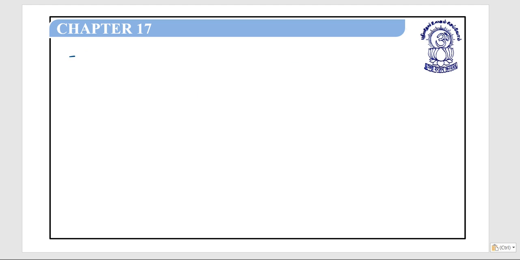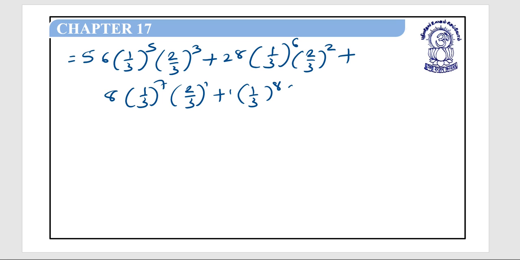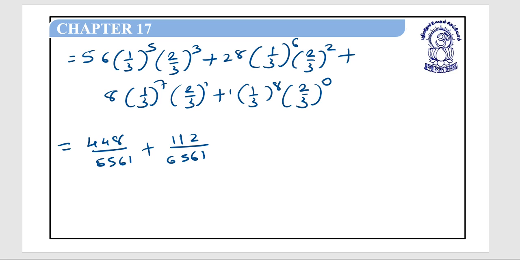So put into this: 56 into 1 by 3 raised to 5 into 2 by 3 cube plus 28 into 1 by 3 raised to 6 into 2 by 3 square plus 8 into 1 by 3 raised to 7 into 2 by 3 raised to 1 plus 1 by 3 raised to 8 into 2 by 3 raised to 0, is equal to 448 upon 6561 plus 112 upon 6561 plus 16 upon 6561